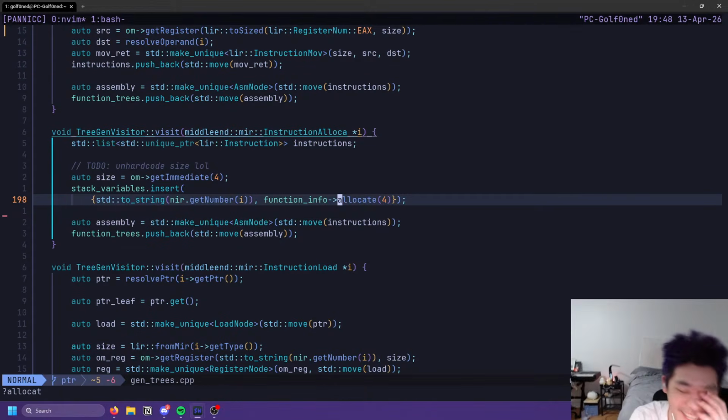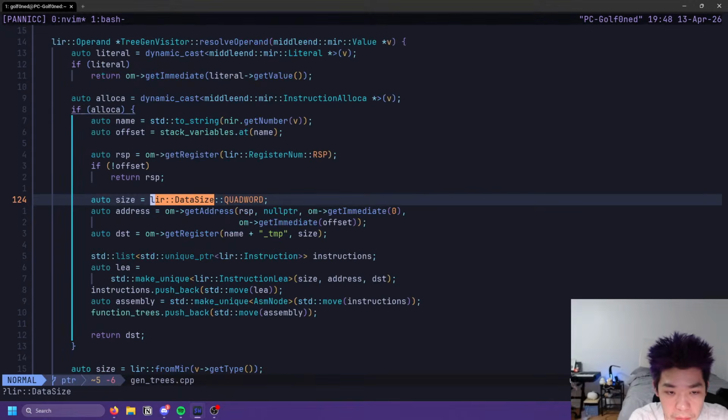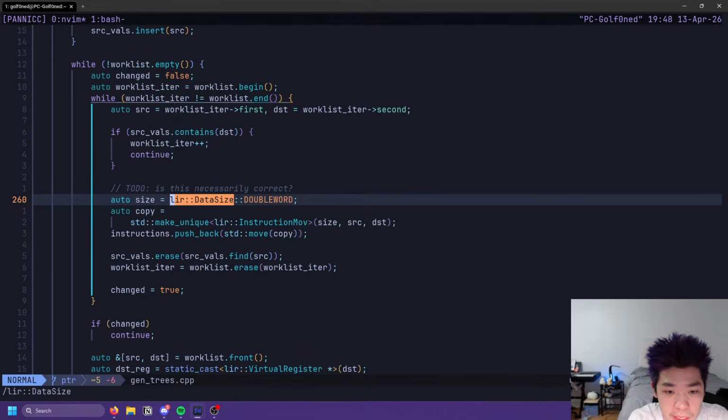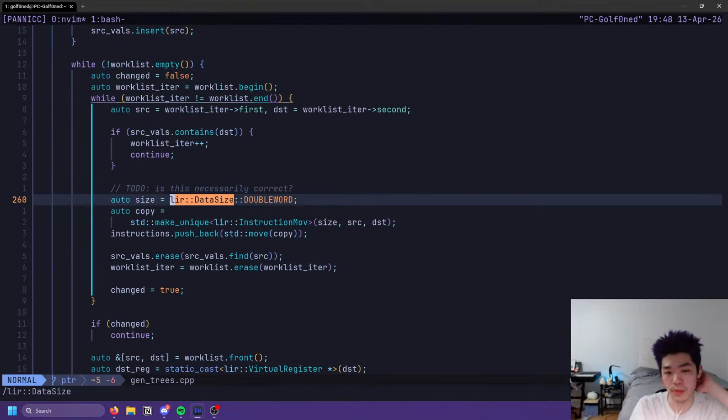Anyways. What is my code? What actually is my code? Okay, this is correct. This we need to figure out. What type is this? This is for parallel copy. Oh boy.